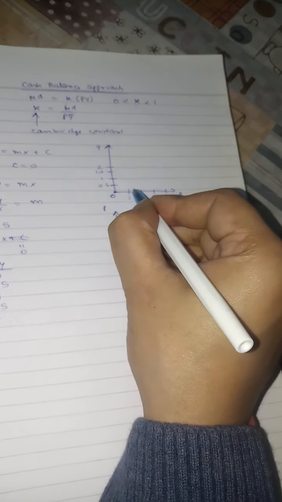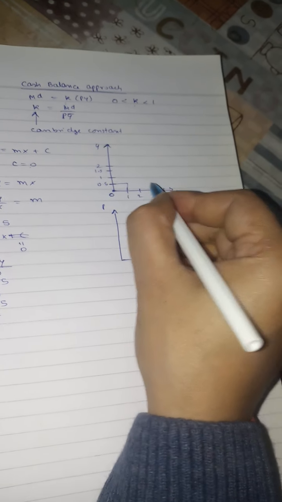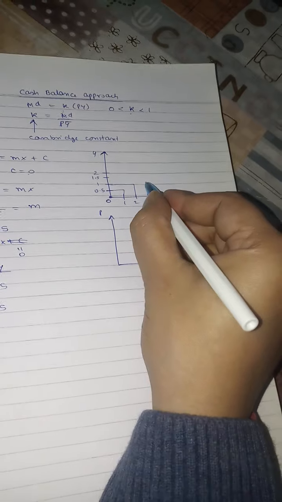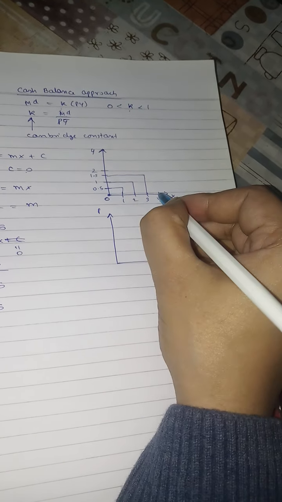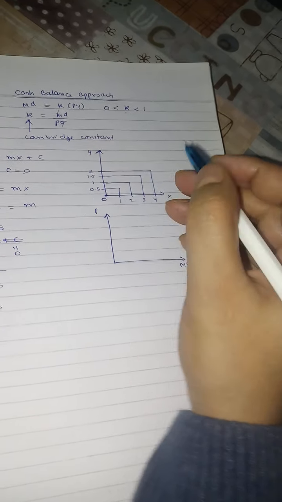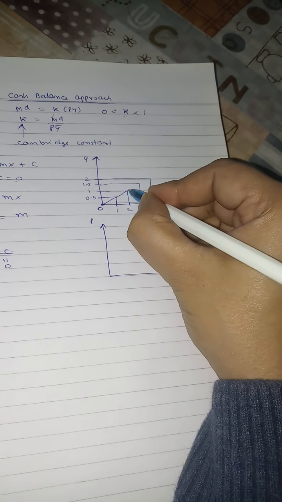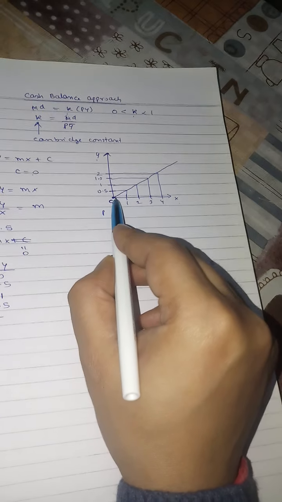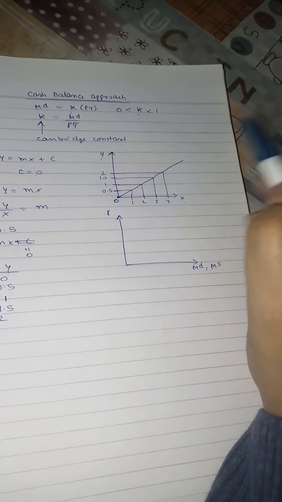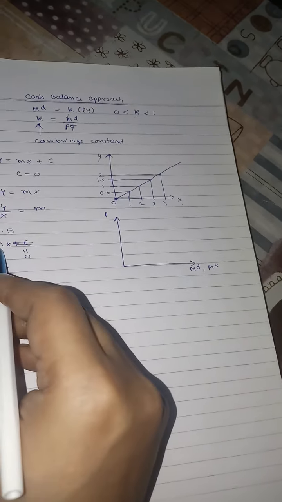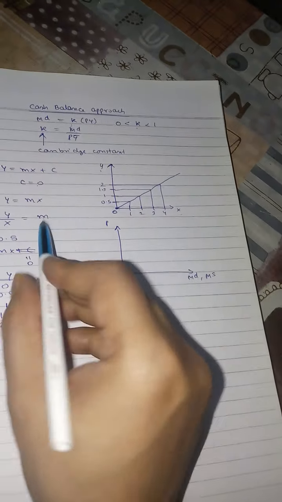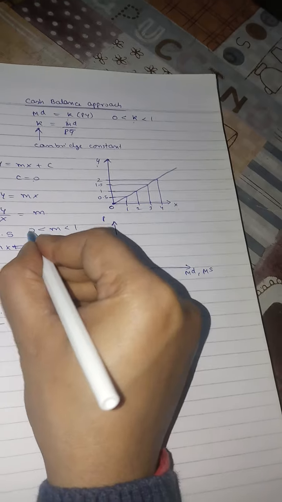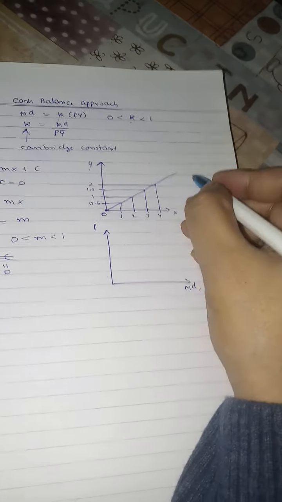When x value is 0, y value is 0. When x value is 1, y value is 0.5. When x value is 2, y value is 1. When x is 3, y is 1.5. When x is 4, y is 2. So I join these, and I get a proportional relationship between y and x, and it will start from the origin, going up like this from the origin. It is positive now because m is between 0 and 1. m is positive; I have taken 0.5, so it lies between 0 and 1. It will have a slope like this. You can check it.